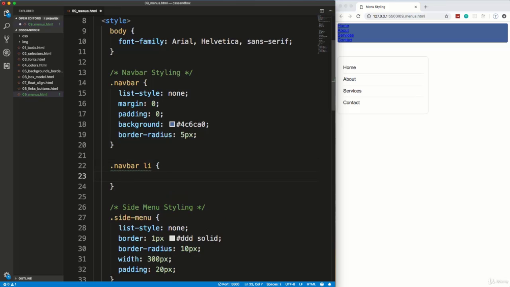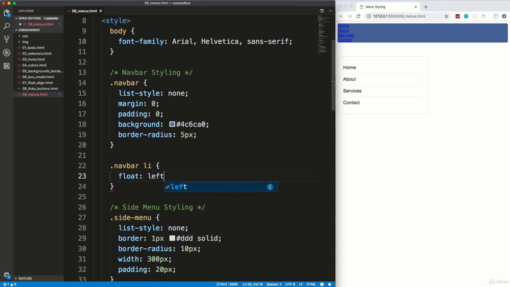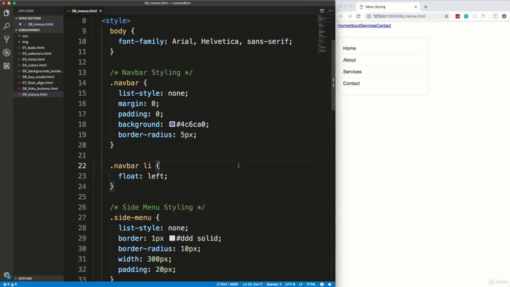And we want to float these because we want them to be side by side. We don't want them to go down. We don't want them to be vertical. So let's float all of the list items to the left. So they'll kind of just stack side by side. So I'll save that. And it happened. They float now to the left, but the background is now gone. Since we floated it, it kind of